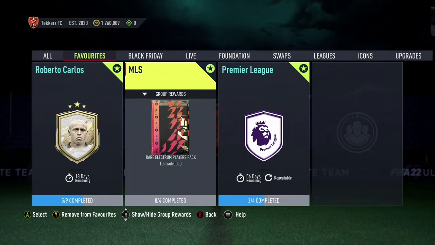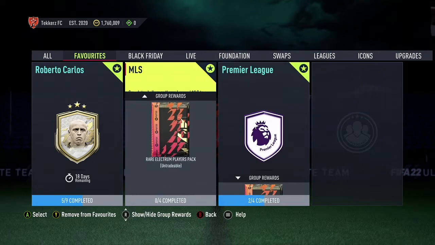We obviously did really well during Black Friday. We got our coins up to 1.7 million. Obviously, we have invested a lot of coins in trying to do this Roberto Carlos, as well as some 50 upgrade packs, and I did a hero pack which I didn't post. I did a base icon, so we invested some coins, we had some fun, but now it's back to the grind